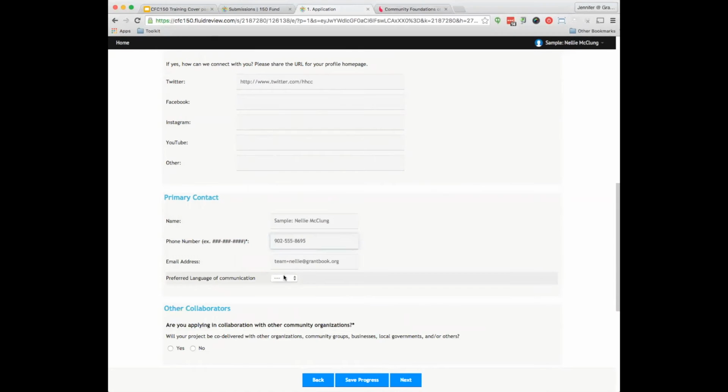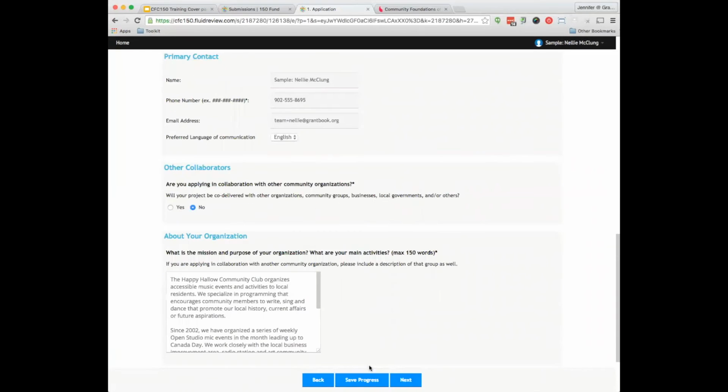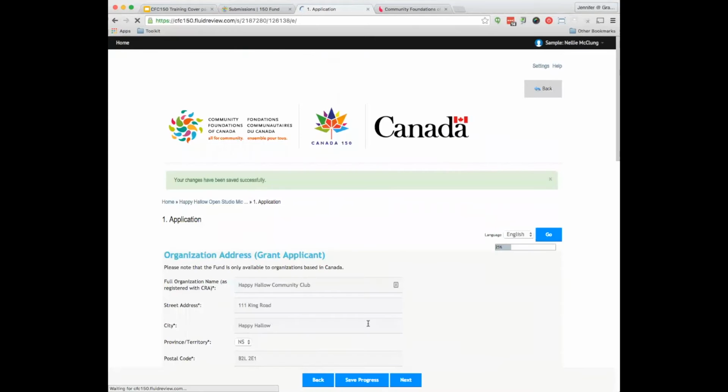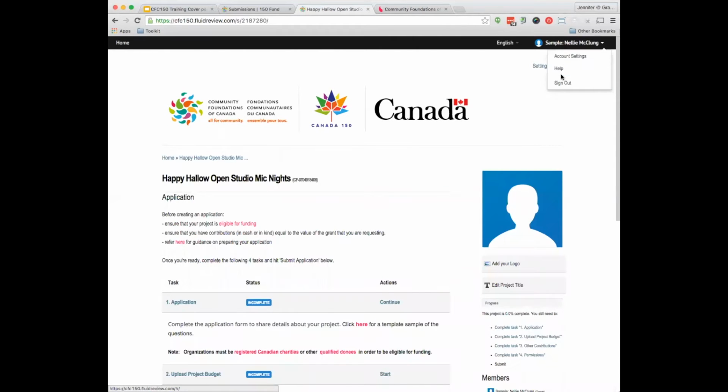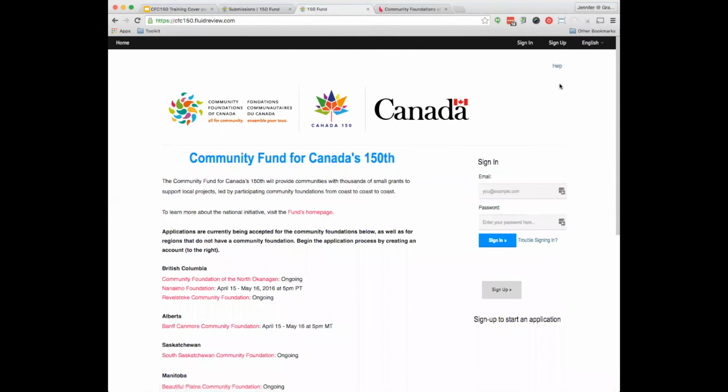Primary contact is who should be contacted. If you want to save your progress and come back at another time, you can hit Save Progress, and that will indicate when your changes have been saved successfully. You can go back out and log out. So then the next time you log back in,